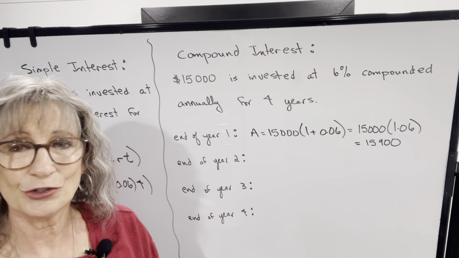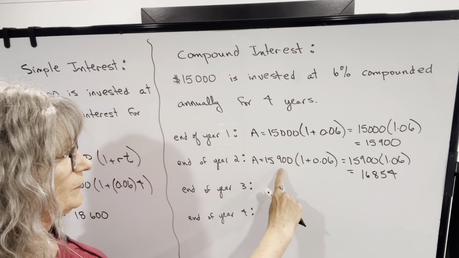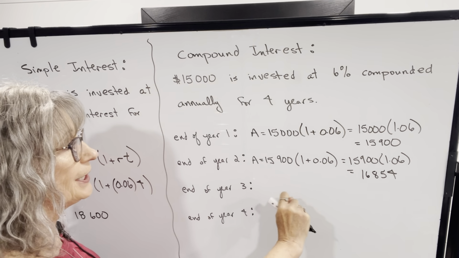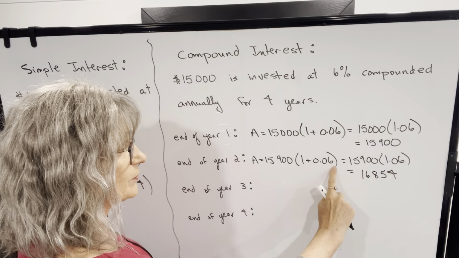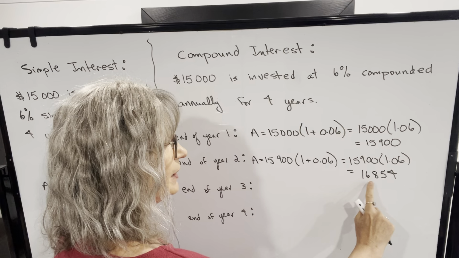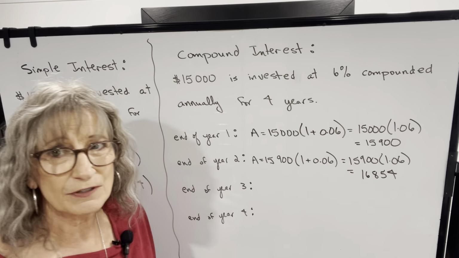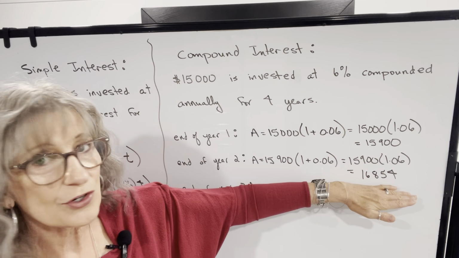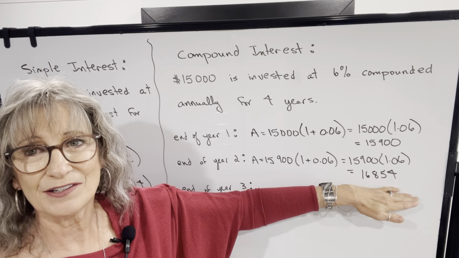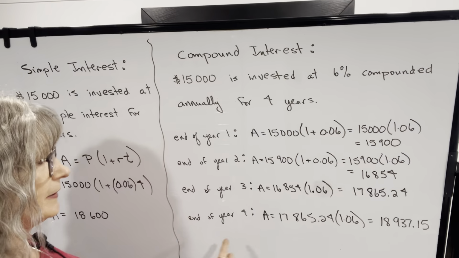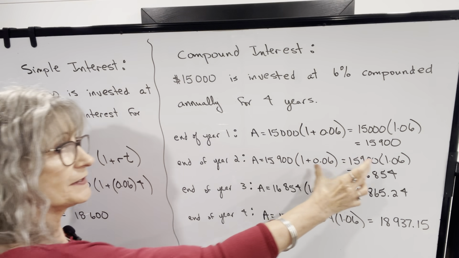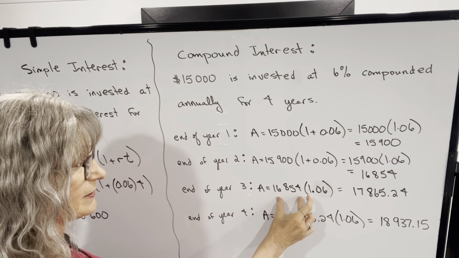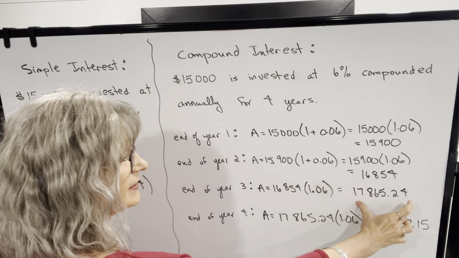So let's continue. At the end of year 2, if we take our investment of 15,900 and multiply by 1 plus 0.06, which is 1.06, we get 16,854. Again, next year, we're going to earn interest on this whole amount, not just the 15,000. So let's continue. At the end of year 3, this is what we're earning interest on. So we take that and multiply by 1 plus 0.06, which is